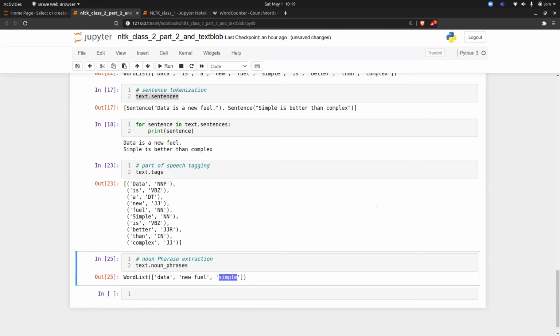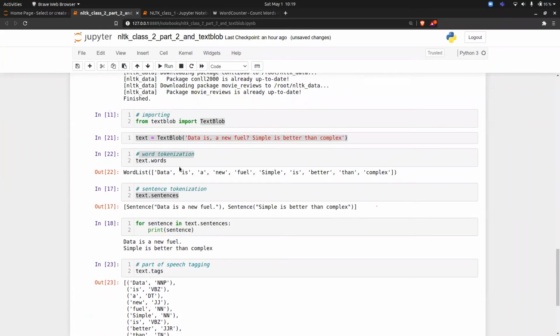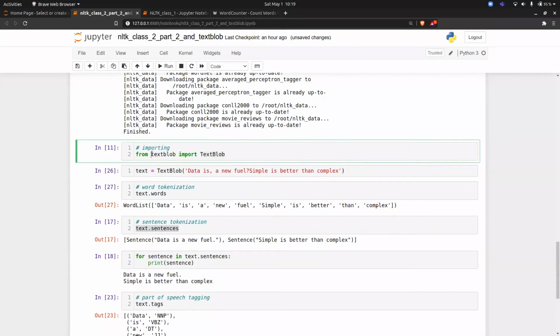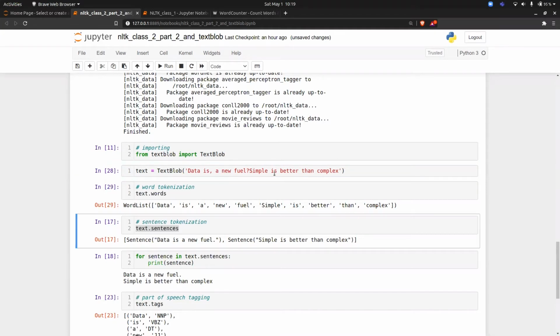In this word tokenization, can you scroll a bit up? So after this fuel question mark, if I don't give a space and directly write a continuous sentence, then it is giving fuel question mark simple as a single word. Same for me also. Okay, so if I put the question mark here and remove the space before simple and run this, if we don't give space between them, fuel and simple come together.